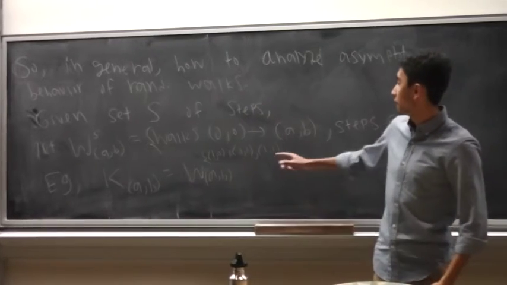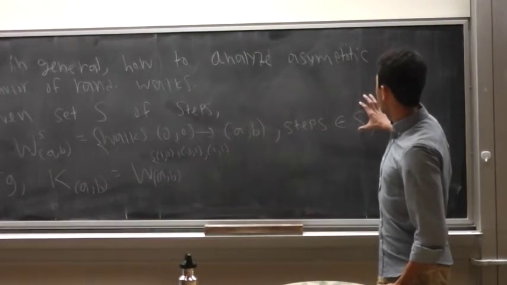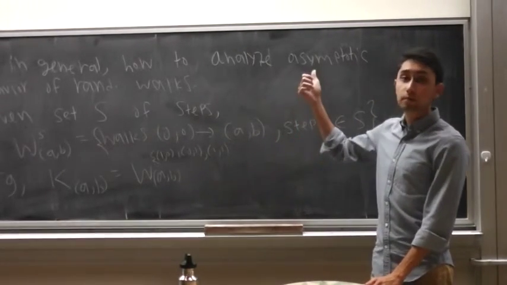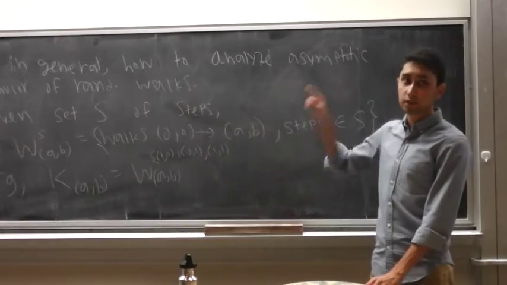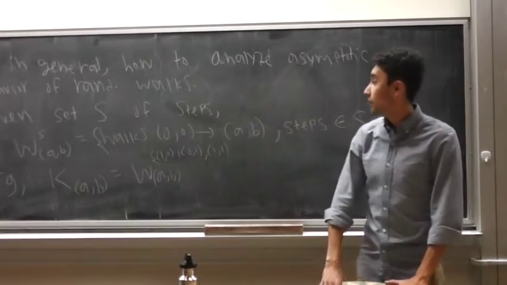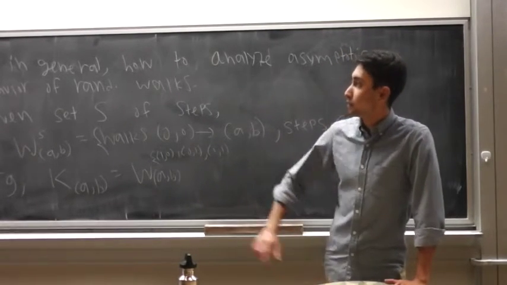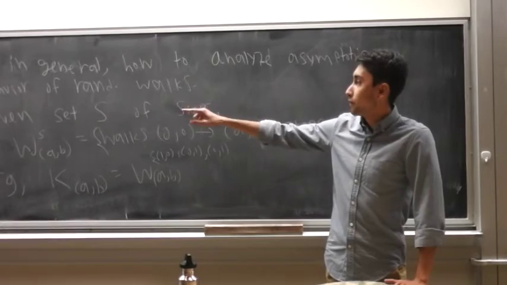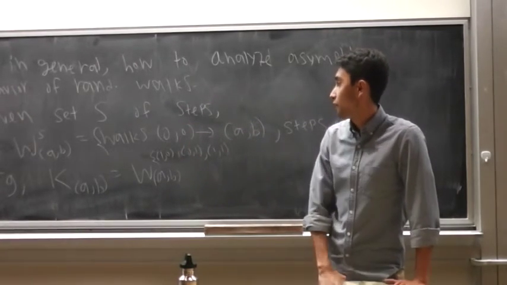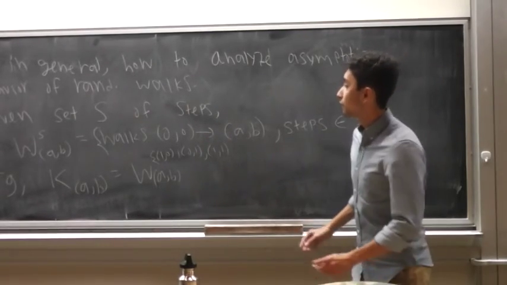Now I'm making it even more general. What if we can step any way we want, as long as there are some restrictions? S has to always be going generally to the right or up. We can't be going backwards because then we just keep bouncing around. So we have general steps. Now how are we going to analyze this? The ad hoc approach we used for the king walk, and for the walk where we just write in up steps, is not going to work, as far as I know, if you just have a general set of steps. So what we're going to do